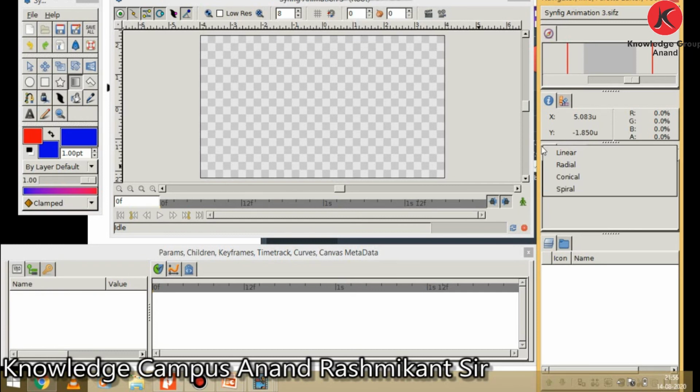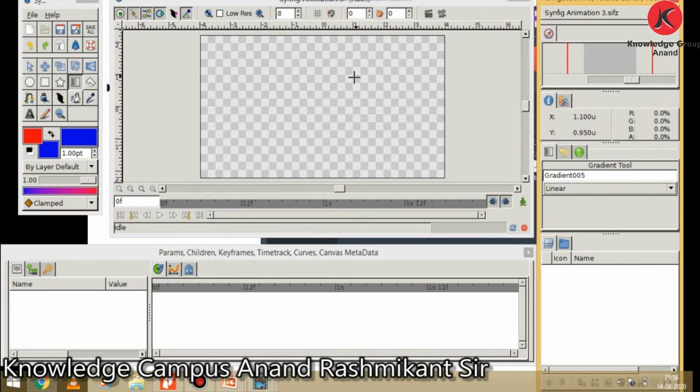See, first linear, I choose the linear option. This produces a simple transition in a straight line. So set the foreground and background color. Click where you want the gradient to begin and drag to where you want the transition to end. The gradient will be created perpendicular to the line you drag out.